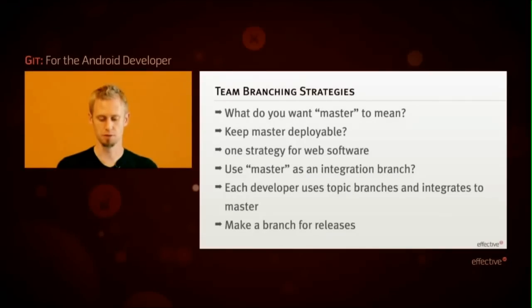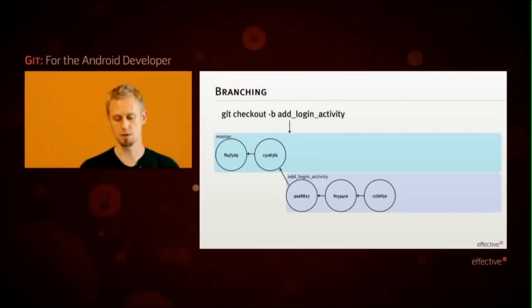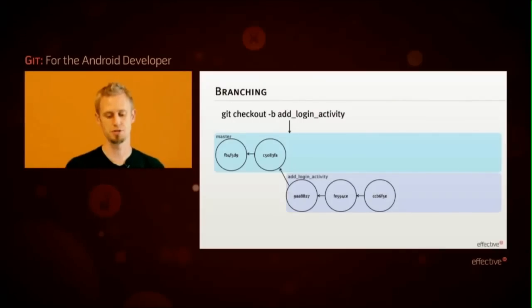Think about that a little bit when you're going to be using Git for your team or introducing it back to your team. What do you want master to mean? How do you want to use these different branches? So let's look at branching visually a little bit. Up on the top, the lighter blue, I have the master branch. And at some point I say git checkout -b add login activity. And now I